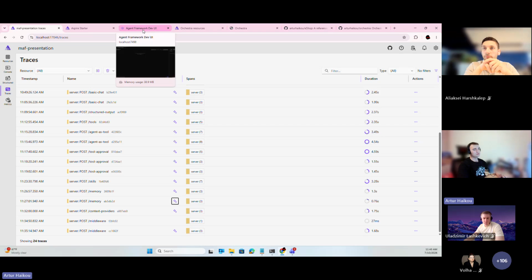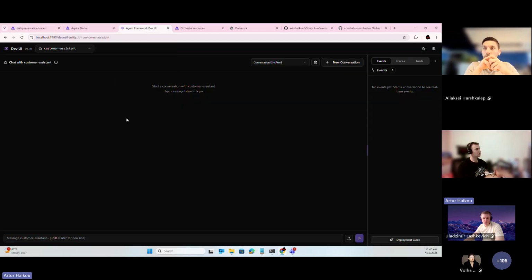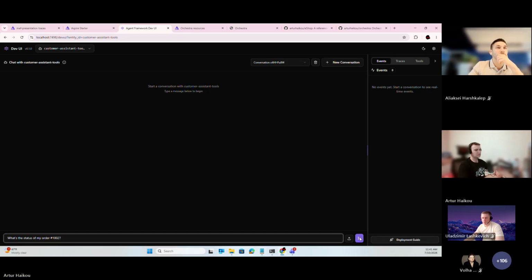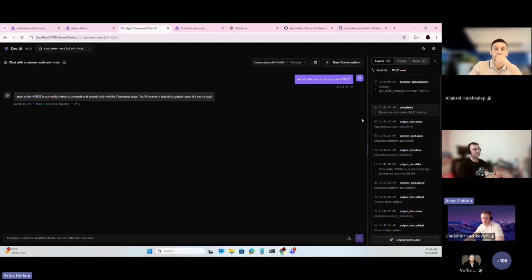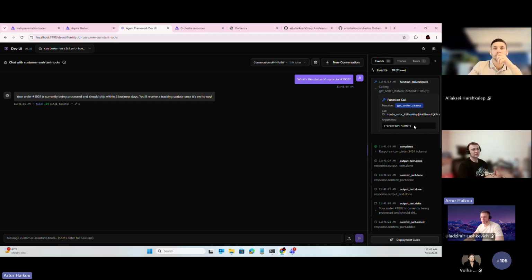The next stuff is related to Dev UI. As I mentioned, we just need to go to the Dev UI route for your backend API. And what I'm going to do is use the same customer assistant tool that we have in the code. And again, I can ask, for instance, what is the status of my order? And what we have on the right side, again, is what tool was called with what parameters.